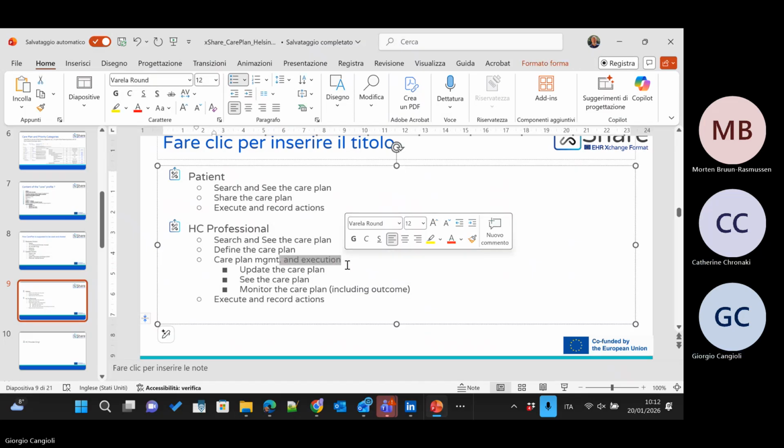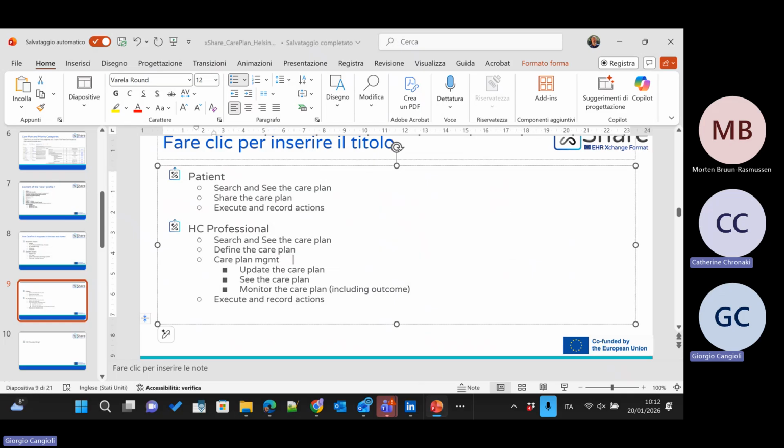So could we remove care plan management and leave the execution and record action here? Is there anything that we are missing, or can we still add and modify it?